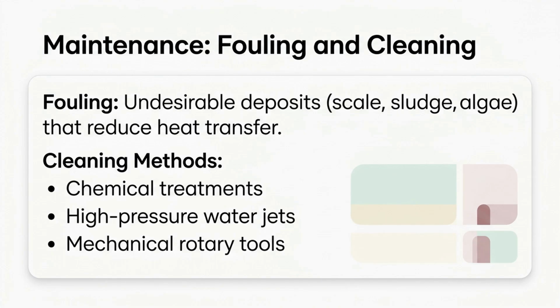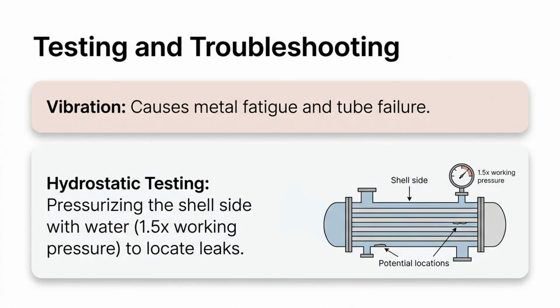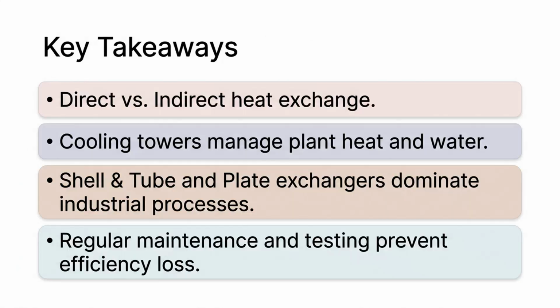Besides fouling, vibration from fluid flow can cause tubes to crack or wear out. When a leak is suspected, technicians perform a hydrostatic test. By pressurizing the shell side with water, they can easily spot which tubes or joints are leaking and need to be plugged or re-rolled. To wrap up, we have covered the differences between direct cooling towers and indirect heat exchangers,